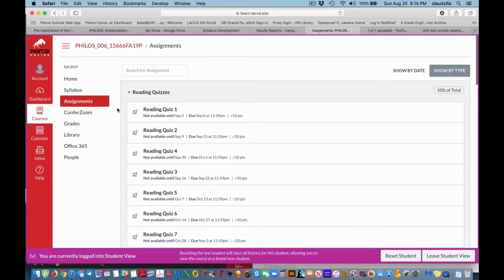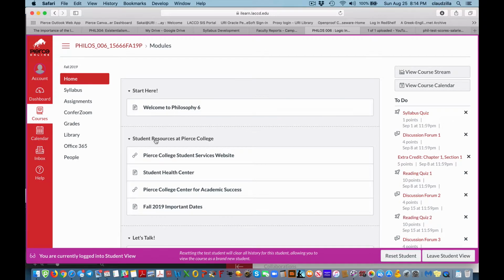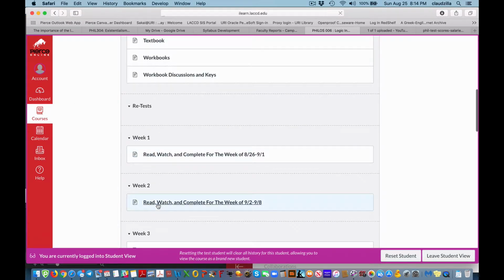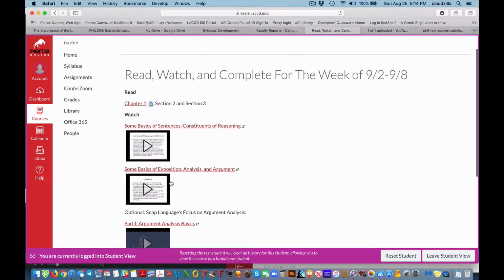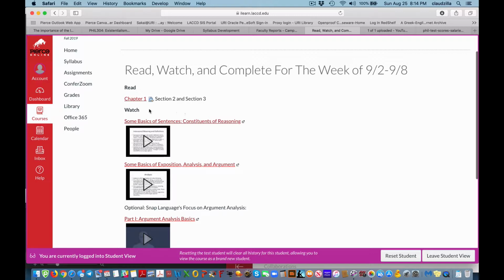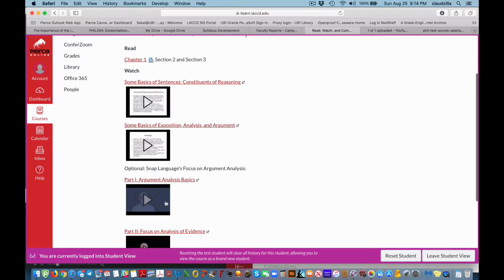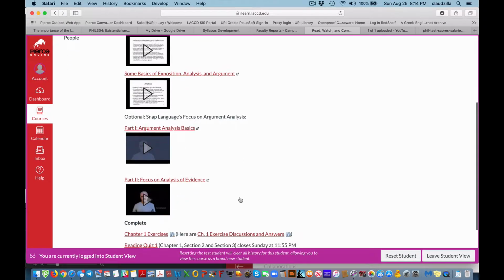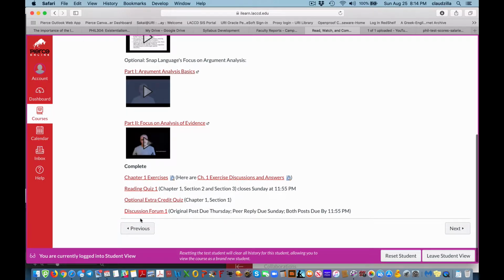So there are a couple of ways then, right, for you to access assignments. One is through the module, and then one is through the assignments page. But my advice is, unless you kind of already know what's on your plate, work through week by week. Go to a given week so that you make sure that you know what you're meant to read. You can watch videos. I'll say more about the videos in a moment, and then you can work through each of your